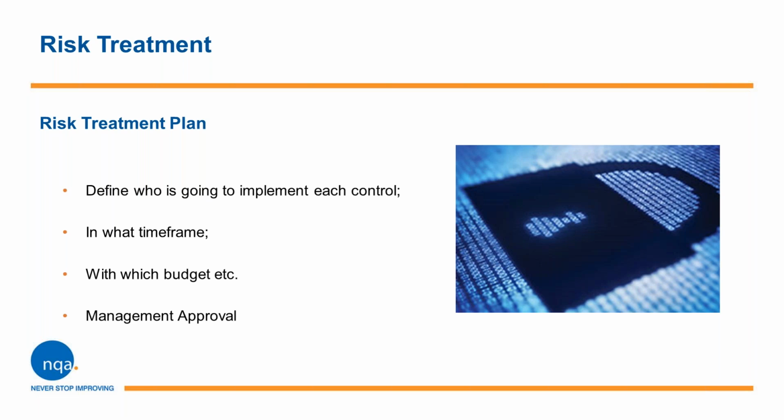Once you've written this document, it's crucial to get your management approval because it will take considerable time, effort, and money to implement all of the controls that you've planned here. Without top management commitment, you're unlikely to get any of these and realize risk treatment. And this is it. You've started your journey from not knowing how to set up your information security all the way through to having a very clear picture of what you need to do to implement. The closing point is that 27001 forces you to make this journey in a systematic way. And I hope during the course of this presentation that has been brought out.